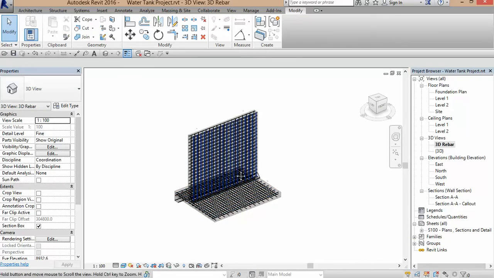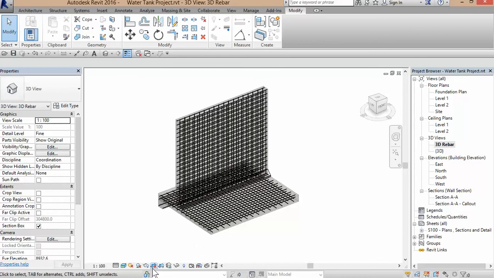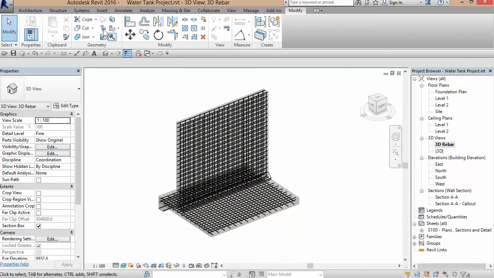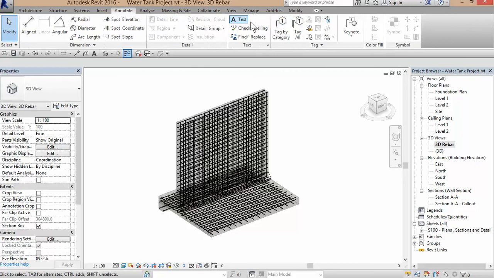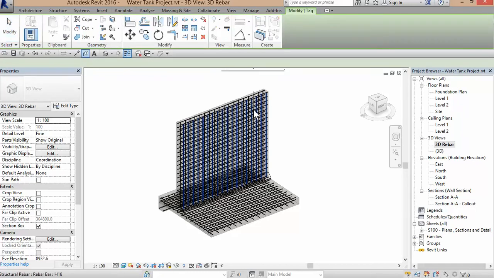If you want, now what we're going to do, we're going to lock this 3D view, so we won't be able to rotate it or anything like that. So right now, if I try to rotate, I won't be able to rotate. I can't even select the view cube, right? And in this mode, we are able to annotate. So if you go to the annotate, tag by category,